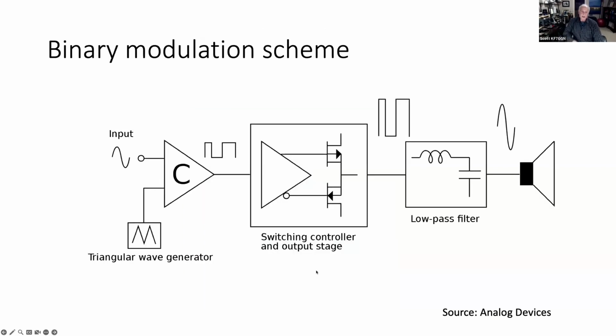Here's a very simple schematic of what a Class D amplifier looks like. We can understand the switching part a little bit, but the main thing is how the heck do you modulate this thing? Because what the switching does is create this square wave, and then you think, well, what the heck's the use